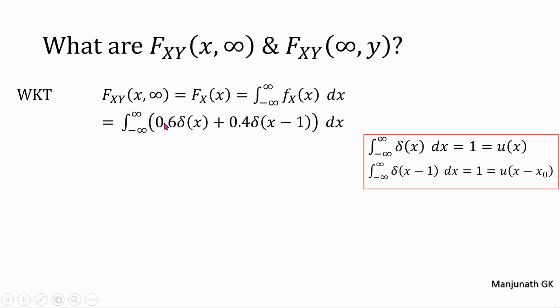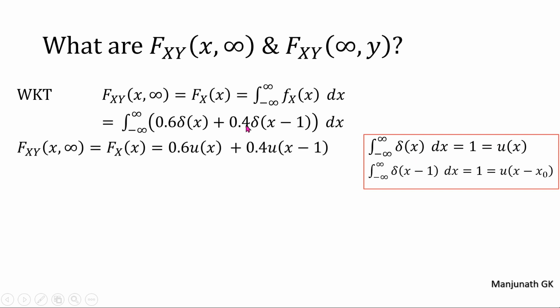From the first term, 0.6 is a constant, so take it outside. The integration of delta x dx can be replaced by u of x. From the second term, 0.4 is a constant. The integration of delta of x minus 1 dx is u of x minus 1. Similarly,